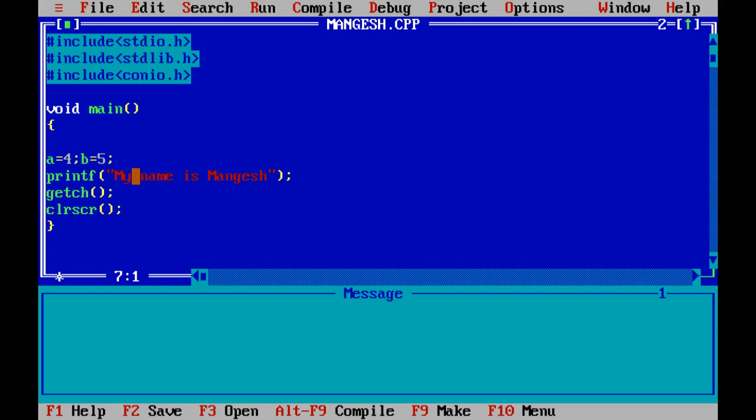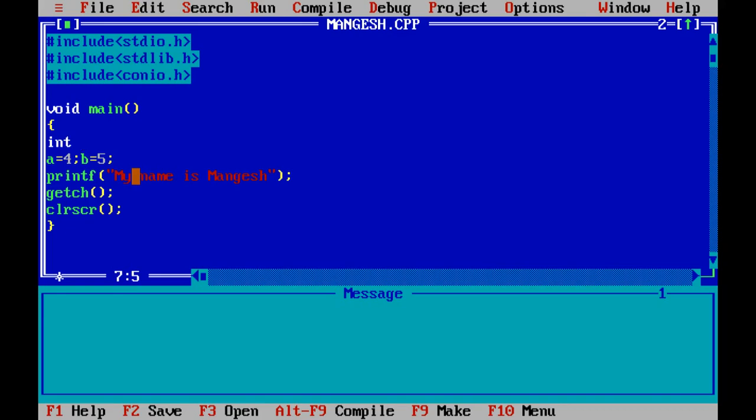This A and B are the variables that first of all we have to specify. Specify means which kind of parameters those are. Whether those variables are integer variables or float variables or character variables. Integer means if it is a full number, then it is an integer. If it is a fraction, then we have to specify those variables as float. Now let us assume that these two are integers, so we have to specify these two as integer. The keyword for integer is int.